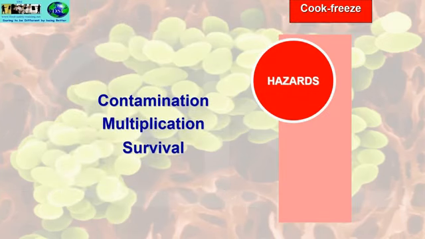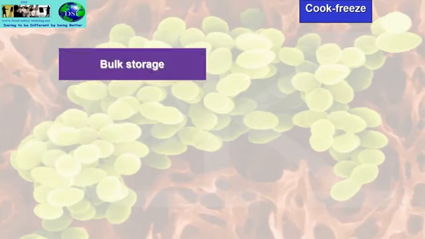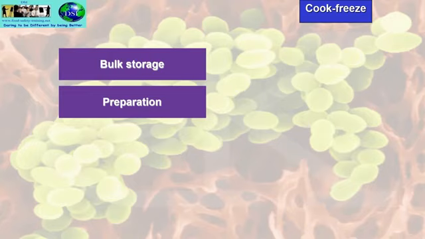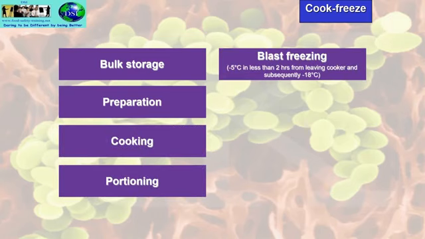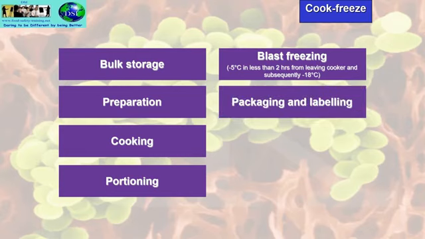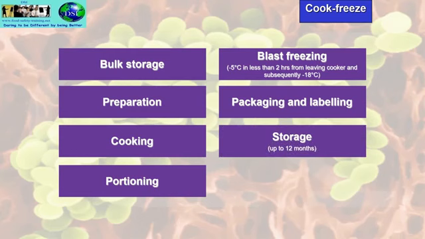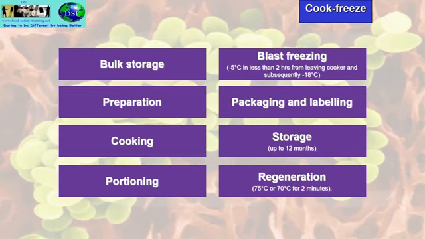Cook freeze. Hazards there could be contamination, multiplication and survival. So the steps involved in cook freeze include bulk storage in freezers, preparation in as quick a time as possible, cooking, portioning, blast freezing, taken to minus 5 degrees C in less than 2 hours from leaving the cooker, and subsequently to minus 18 degrees C or lower. Packaging and labelling, storage for up to 12 months, and regeneration, 75 degrees C or 70 degrees C for 2